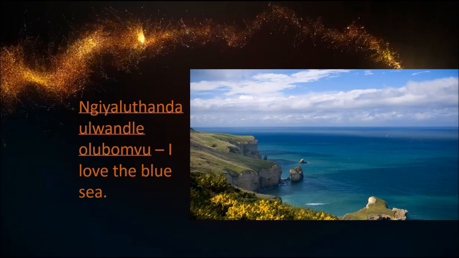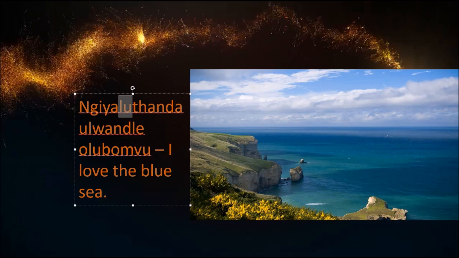Beautiful sea there, and I love the blue sea, becomes in Zulu, Ngiyaluthanda ulwandle olubomvu. Now here it is a little bit more of a challenge because we are putting the lu, which is taken from ulwandle, because the ulwandle is the ulu class. And so if it was an isi class, it would have been Ngiyasithanda.